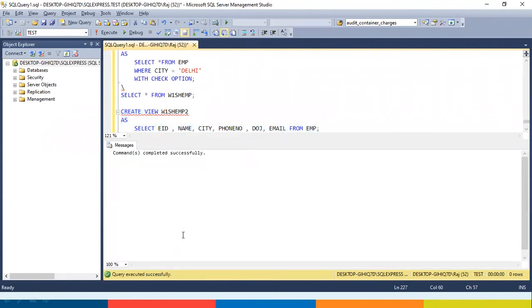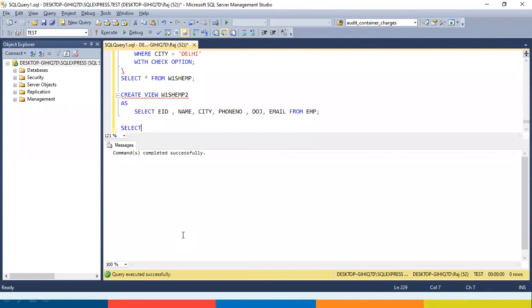Here it is. Now you say select star from W1SHEMP2.